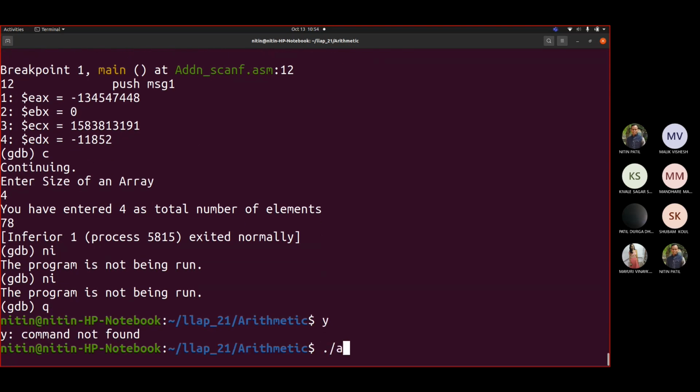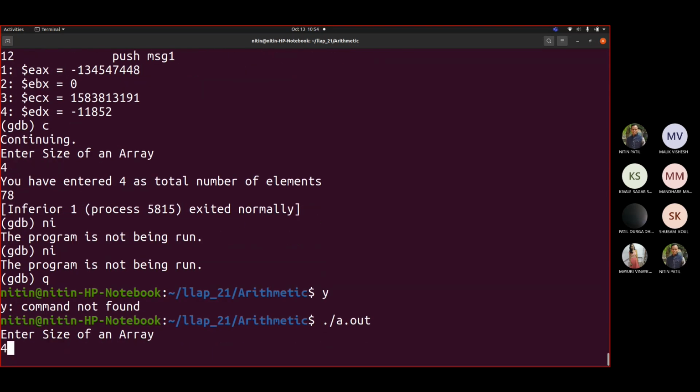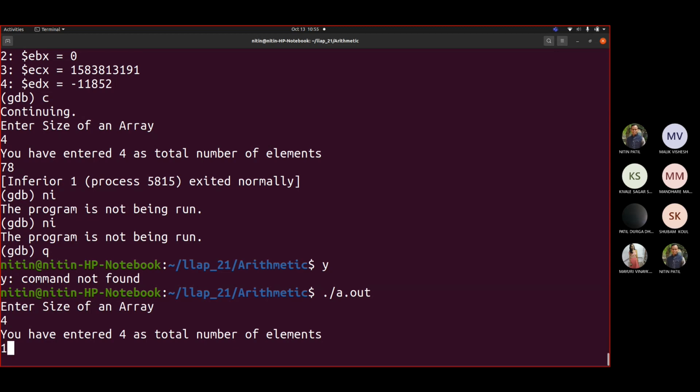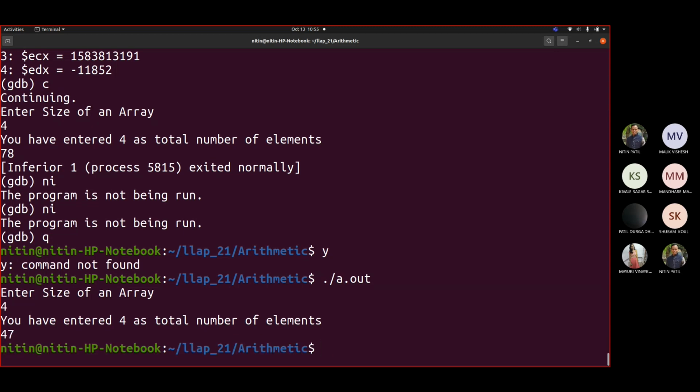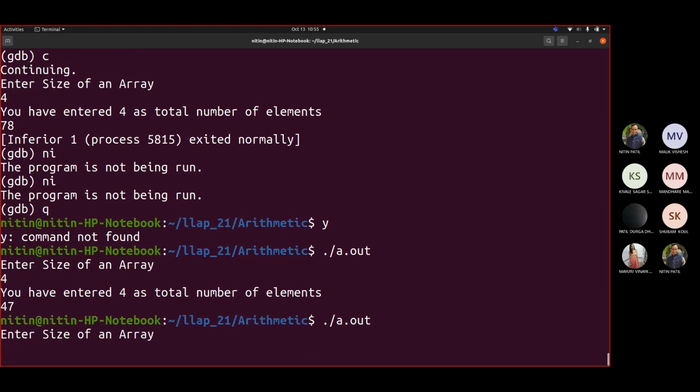So if I write dot slash a dot out, so say 4. If I say 47, I haven't displayed that value yet. Correct. That 47 is not displayed. So that's why I could not see that. So if I input 78 there, what happens? Okay. So say I give 4.